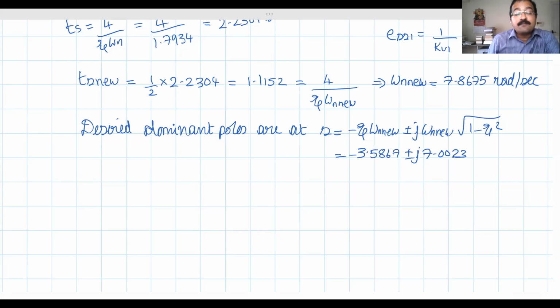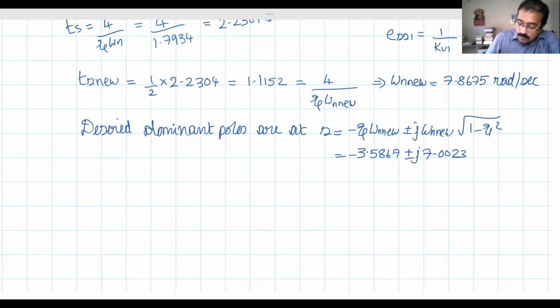Now, as I said before, what will be our strategy? Our strategy will be such that the lead compensator zero cancels one of the poles of the plant. Otherwise, the plant order gets increased. Already the plant is third order. Unless you cancel one of the plant poles, the order of the overall compensated system will become fourth order. So we choose the strategy that the lead compensator zero will cancel one of the open loop plant poles.